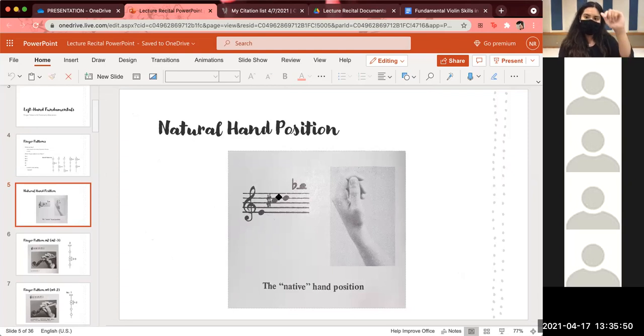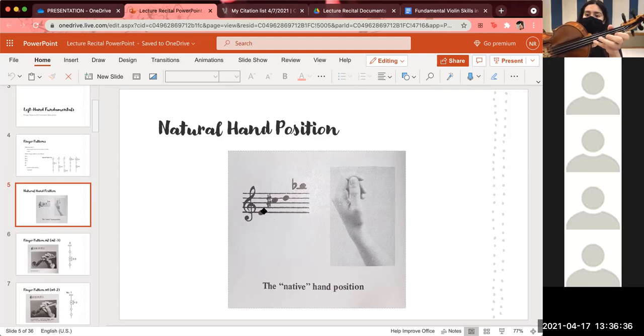And if we put this on the strings, it would naturally be placed on the E on the D string, C sharp on the A string, D on the A string, and B flat on the E string. This determines which finger pattern we teach beginning students first. Since the second finger pattern features this half step between second and third, it is much easier for students to place a natural hand position and only move the fourth finger a little bit higher for that whole step in between third and fourth. From there, we proceed to first finger pattern with a half step between 1 and 2,